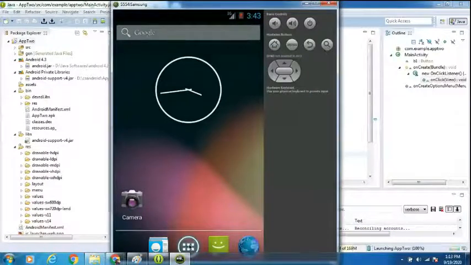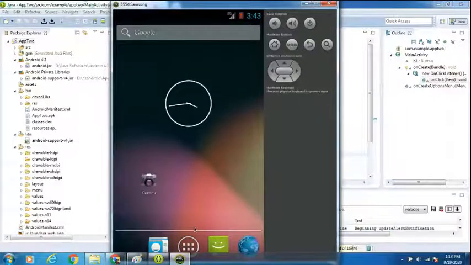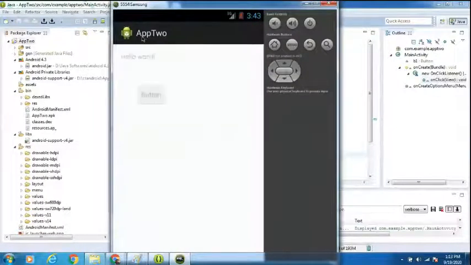What is our application? My app 2. My app 2. Red color app 2.